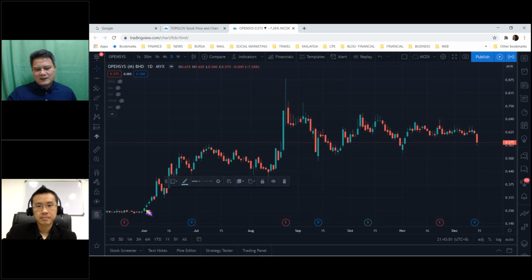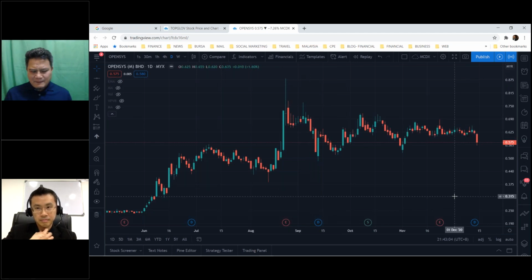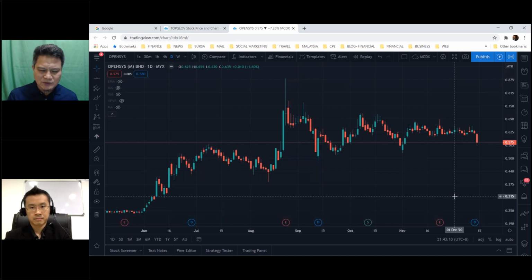The candlestick pattern is based on the number of candlesticks. For example, Marubozu is considered a candlestick pattern, we call it a one-candlestick pattern. Doji, we call it a one-candlestick pattern. Harami, we call it a two-candlestick pattern. This shooting star, we call it a three-candlestick pattern. So this is what we call a candlestick pattern.